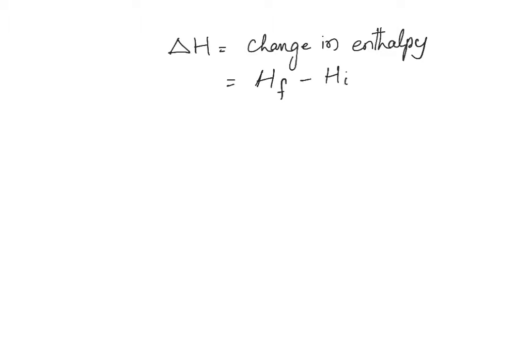So we said delta H is change in enthalpy. Which is what? Enthalpy final state minus enthalpy initial state. You can also think of it as enthalpy of products minus enthalpy of reactants. Right? So because we are interested mostly in change in enthalpy and not absolute enthalpies, we are free to define